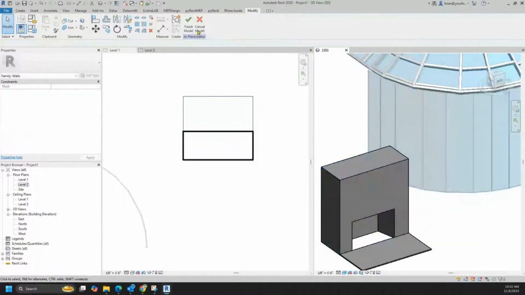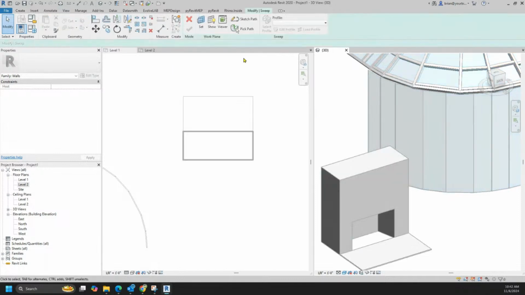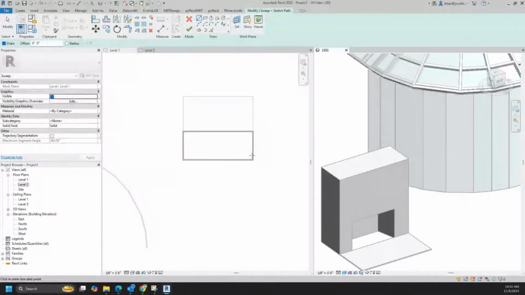But maybe I wanted to put a mantle on this thing. And maybe I want that mantle to wrap around the side. So one of the ones you can create is a sweep. In which case I could say, you got two choices. A sweep has two objects. It's got a path and it's got a profile. So I'm going to go ahead and say, sketch this path. And I'm going to say that this goes from here to here, here to here,